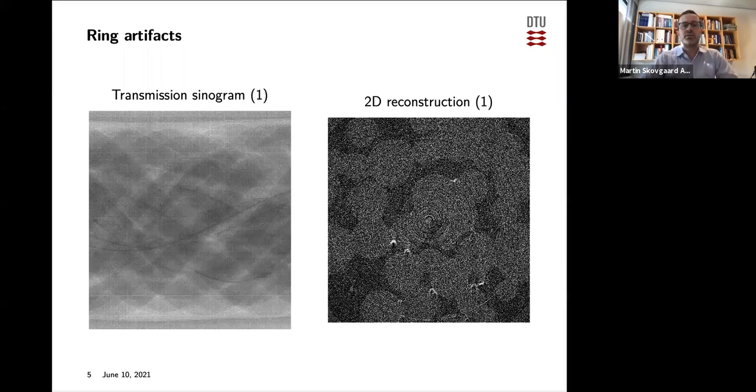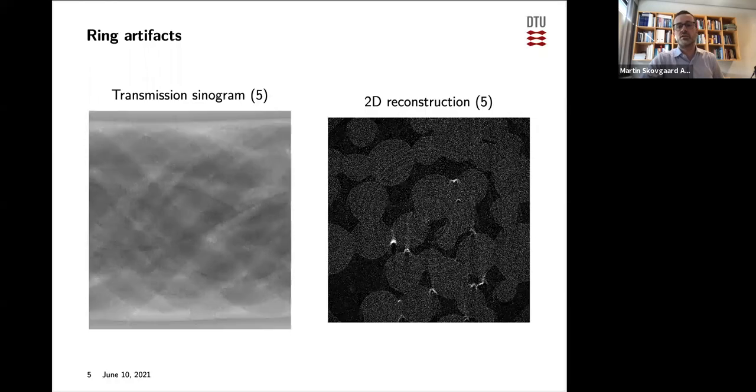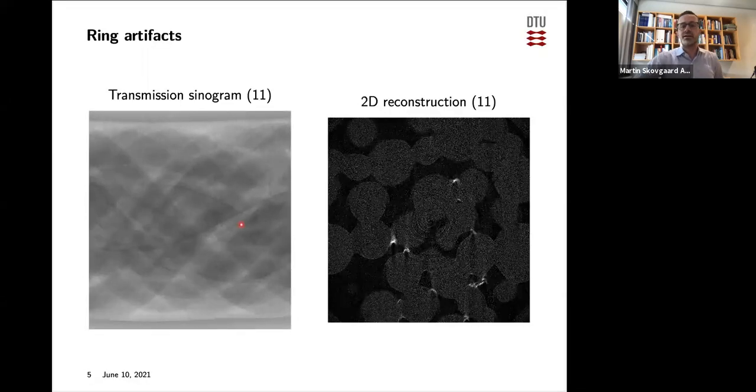What you can then do is that you can say, well, if this is really a 3D problem, you can start to take the average over several slices. So if I start averaging slices and reducing the resolution in one of the directions, then we start to see that we can see some kind of structure here, but we also get more and more blur in the image because we're really starting to reduce the resolution in